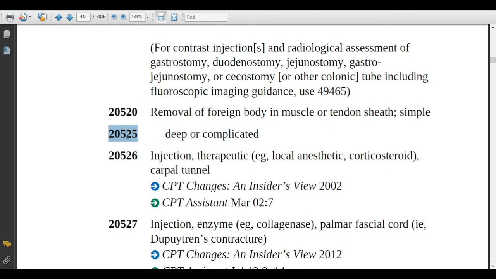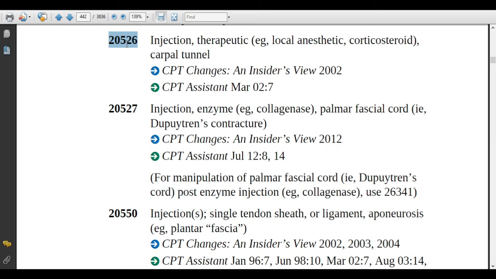The physician will remove the foreign body from the patient and close the incision with sutures. Here, the physician will perform post-procedural X-ray images just to ensure that he completely removed the foreign body from the patient's targeted site. And the codes 20526, 20527 and 20550 I explained to you previously.